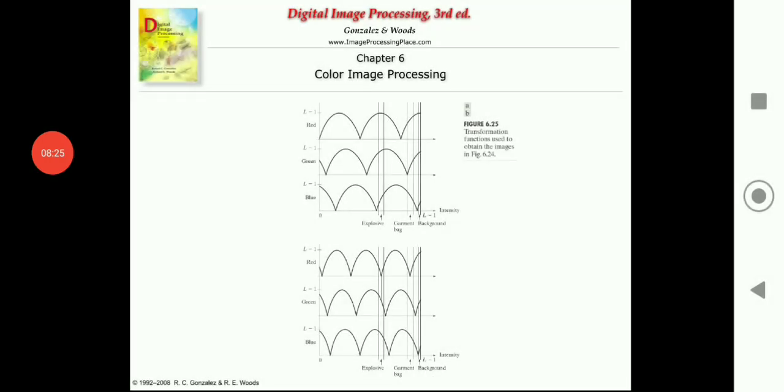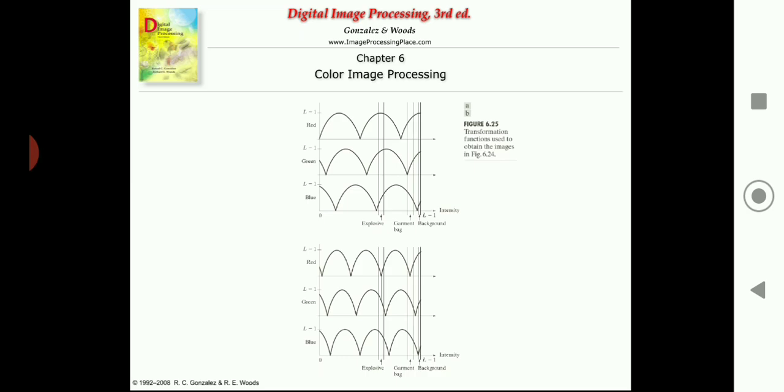So we were speaking of these functions, friends. What are the functions you can see in this diagram? These are called transformation functions. Now, these sinusoidal waves you are seeing, if I want to find any transformations, then I need to just change the phase and frequency of these waves. If I change the phase and frequency of these waves, then we would obtain different intensity transformations.